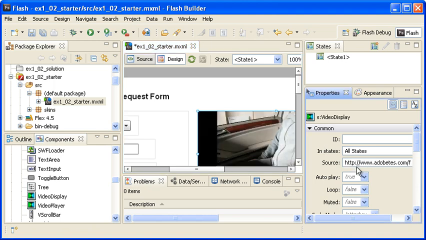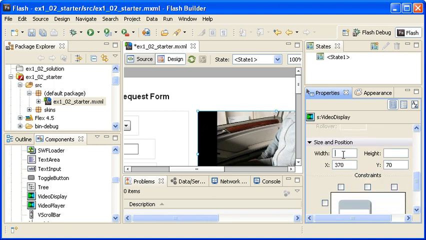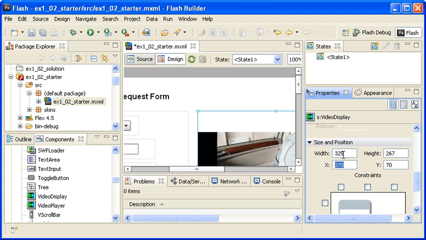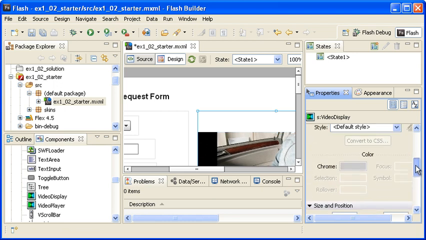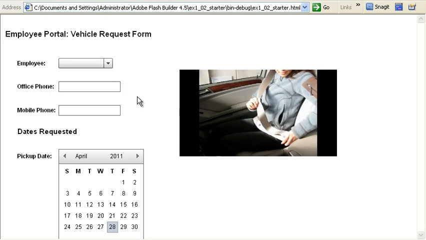I'm setting the width and height values to 325 and 267 respectively. I'm also going to set the muted property to true so that I can speak over the video playback. When I save the file and run the application, you can see that the video control doesn't